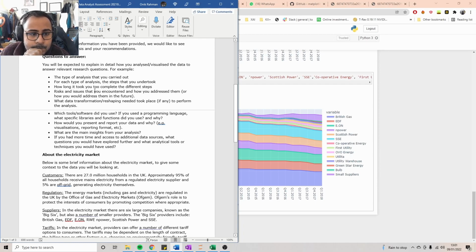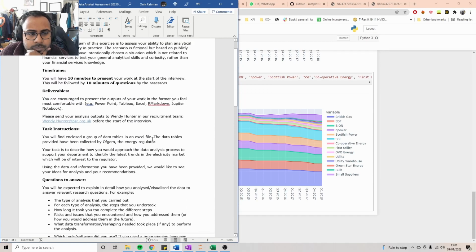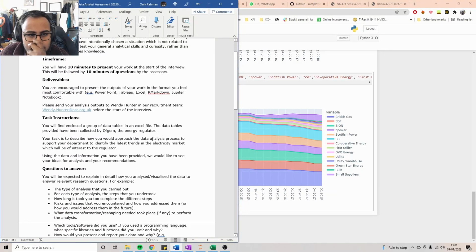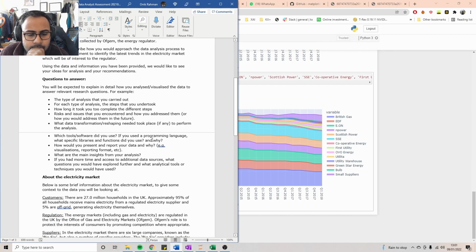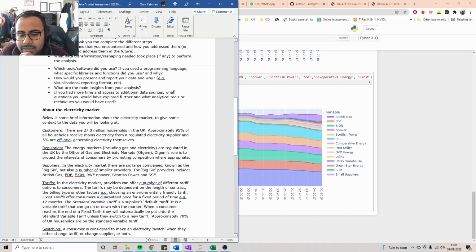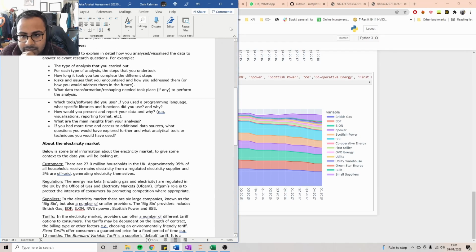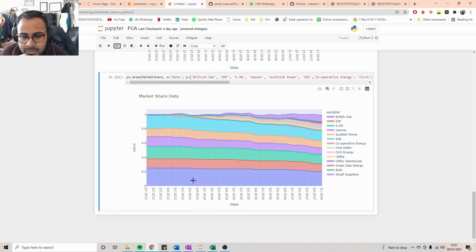Okay. How long it took you to complete the different steps, risks and issues that you encounter, how you address them. The data transformation, reshaping, if needed. Which tools, how you represent, okay. What are the main insights from your analysis? So that gives us some idea. Okay, so they don't want us to do much here, we just analyze a bit of the data and simply be able to understand it fully. Okay, now what we can do